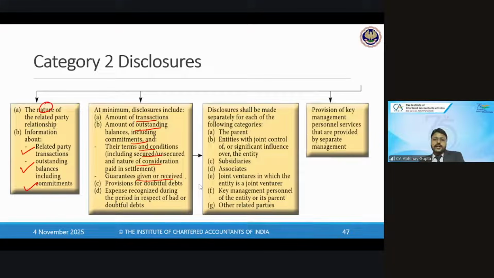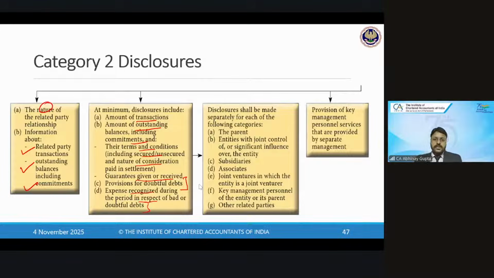So that ECL calculated as per Ind AS 109, the ECL provision also needs to be disclosed on my debtor balance, right? And then the expense recognized during the period for the writing off of any doubtful debts. So if there are any bad debts which have already been written off for any of the related parties, those disclosures also are